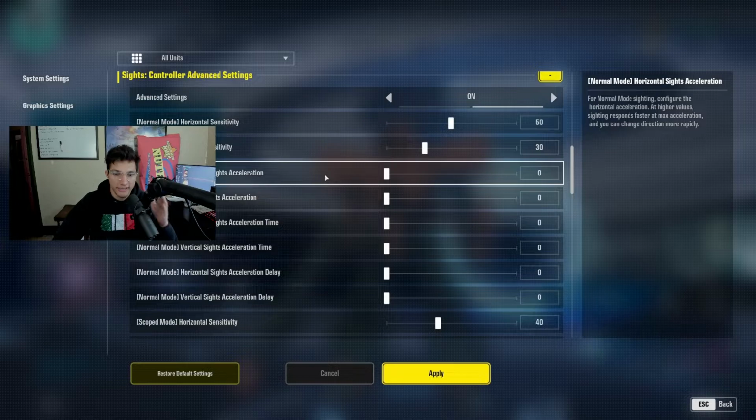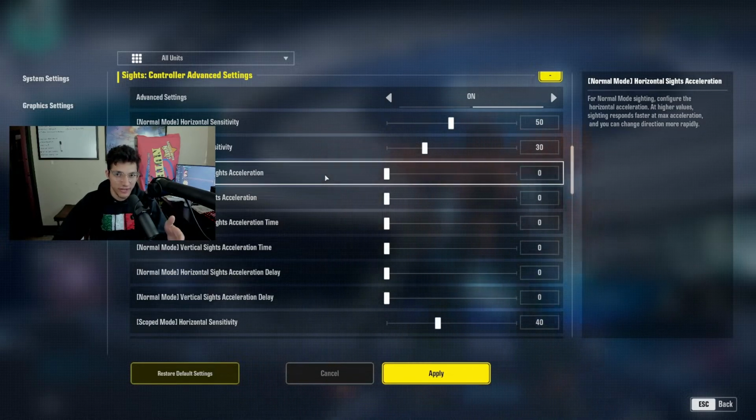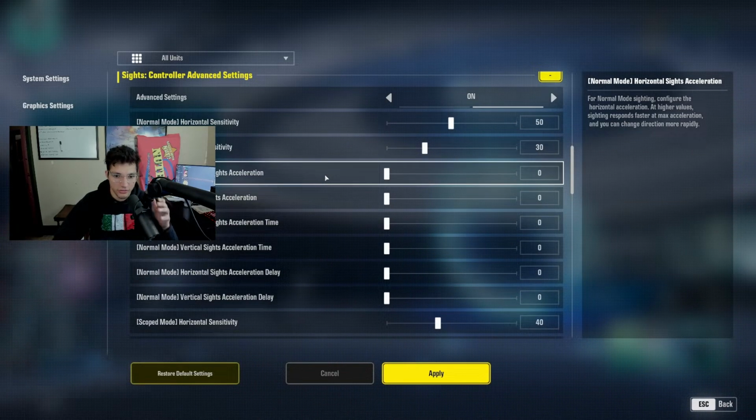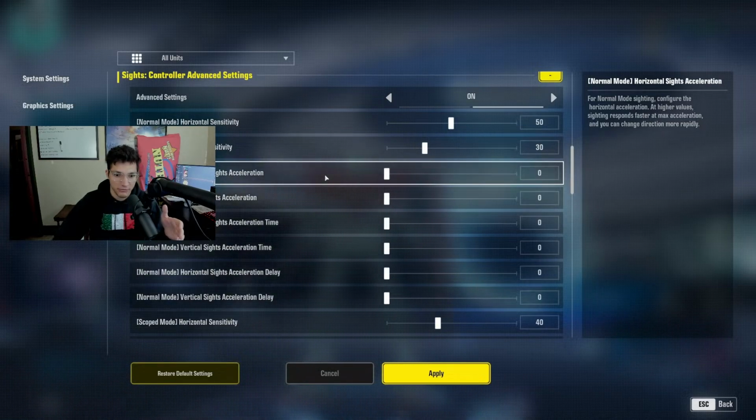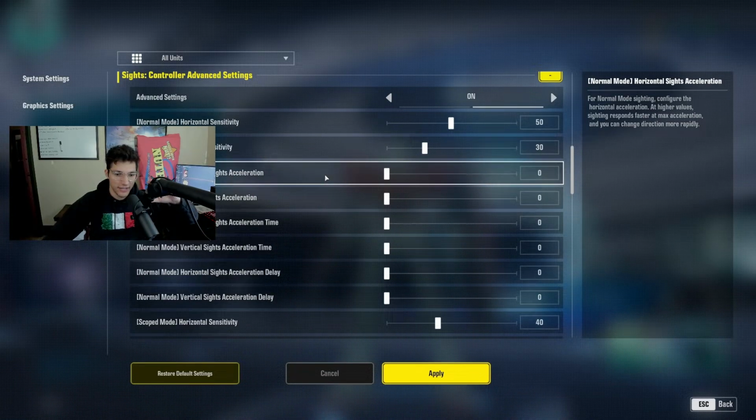For your accelerations, I don't like using these anymore. I think that the acceleration for joysticks in video games is getting way out of control. I think it's not being optimized as perfectly as it can be. And also,